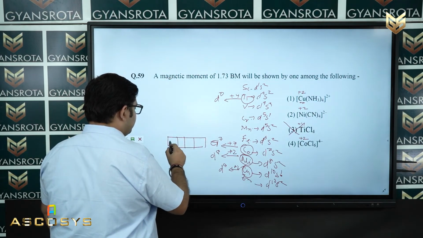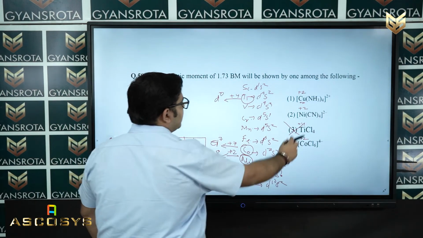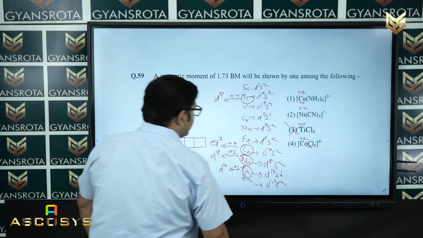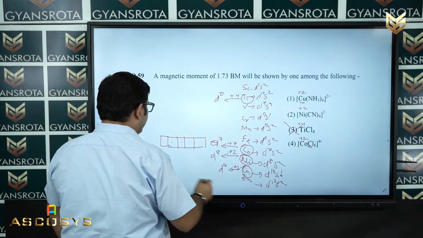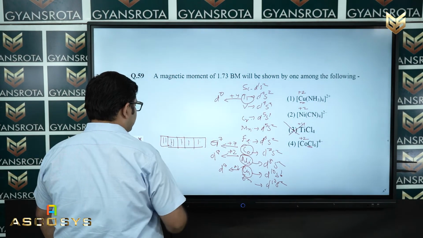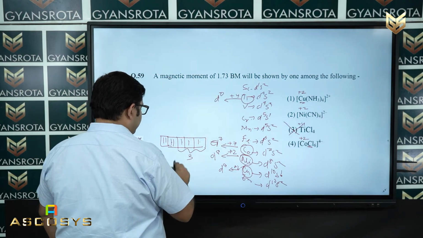Now, for d7, if you see, 1, 2, 3, 1, 2, 3, 4 and 5. Now, for this one that is cobalt, this is a weak field ligand. So, weak field ligand, no pairing. So, 1, 2, 3, 4, 5, 6 and 7. So, the number of unpaired electrons will be 3, and when it is 3, the Bohr magneton